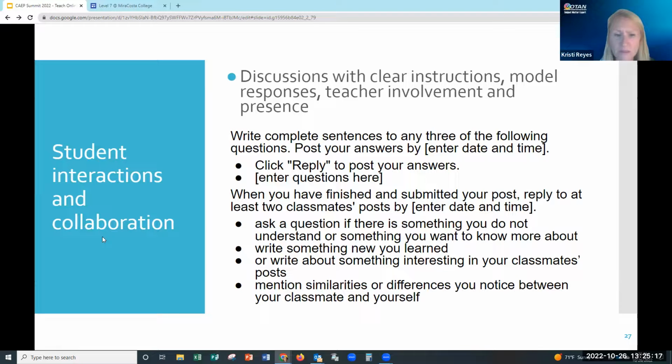Because the majority of you did say that you've participated as a student in an online course before, you know that discussions are a staple of online asynchronous courses. So in the LMS, it's so important that you give very clear instructions. And as Katrina was talking about before, model the responses, but then not just walk away. So for example, in my courses, I participate in the first few discussions. I am commenting on every single post.